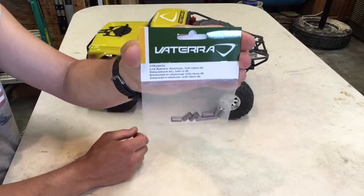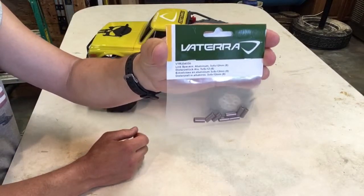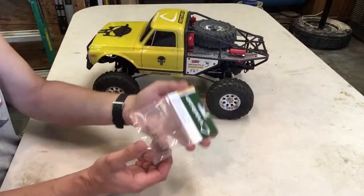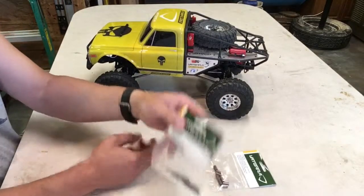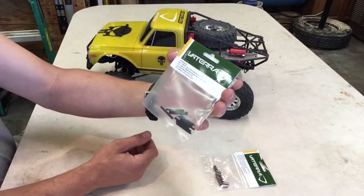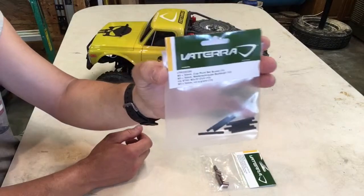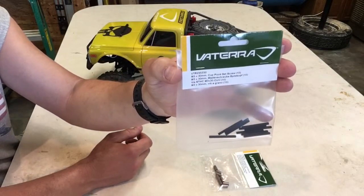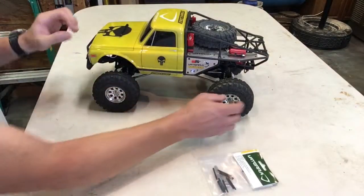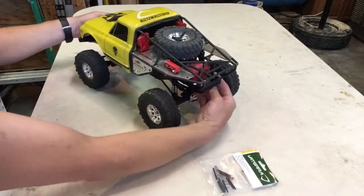See if the camera can focus in on that. Get the link spacers. Order these from Tower Hobbies. And also you need these little all thread set screws. Try to get that part number in frame. You need that to add to these links in the chassis, or